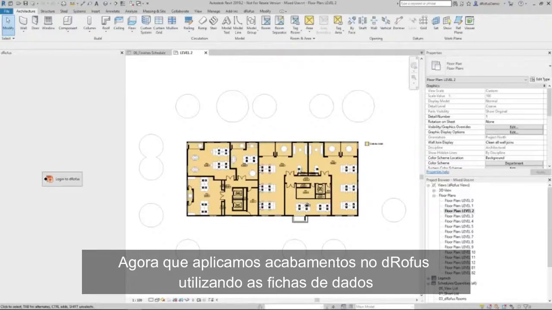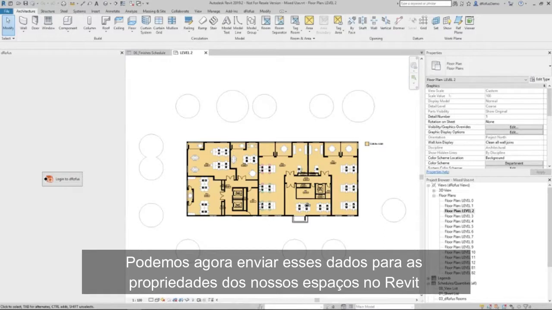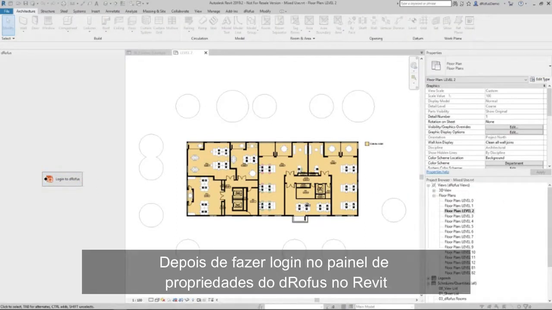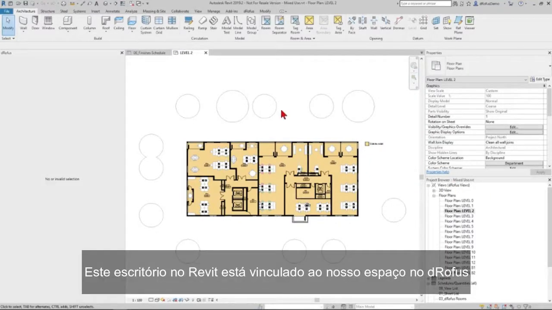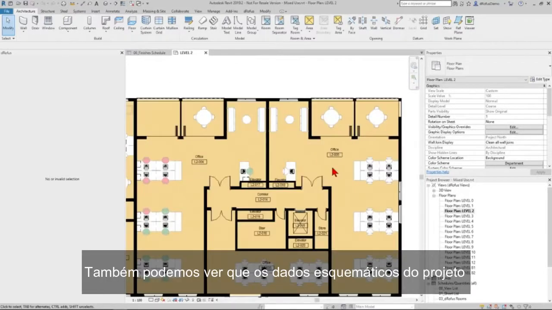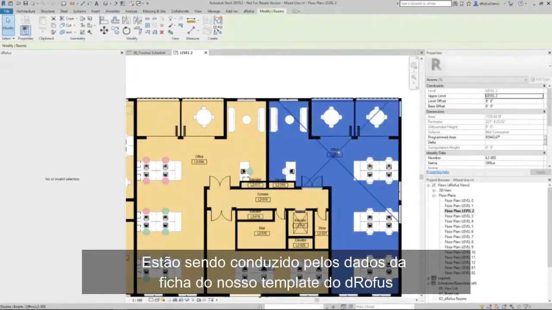Now that we've applied finishes in dRofus using room data, we can push that data into our Revit room properties to define a Revit finish schedule at a generic schematic design level. Once we log into the dRofus properties panel in Revit, we can see this office in Revit is linked to our room in dRofus. We can also see the schematic design data is being driven by our dRofus room template